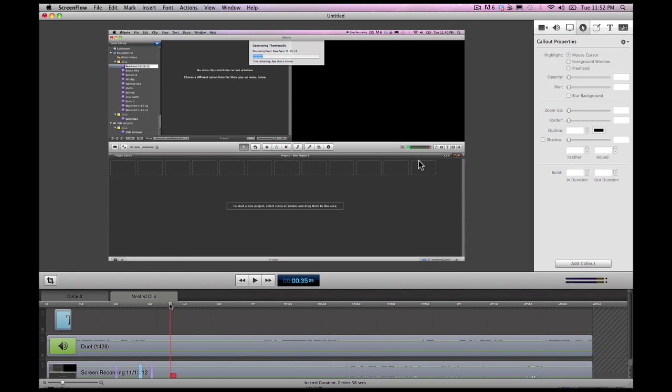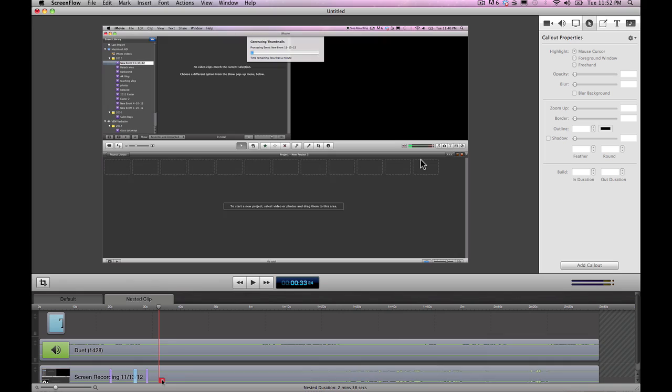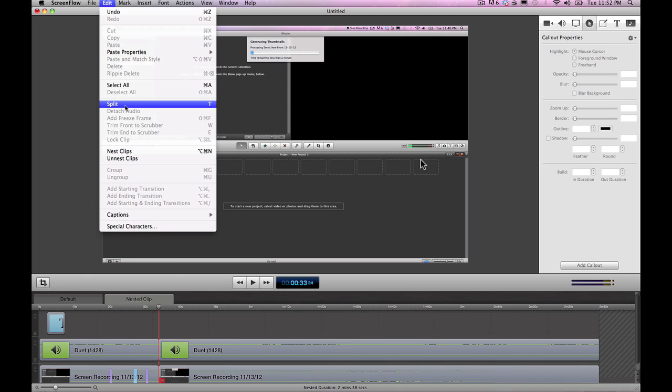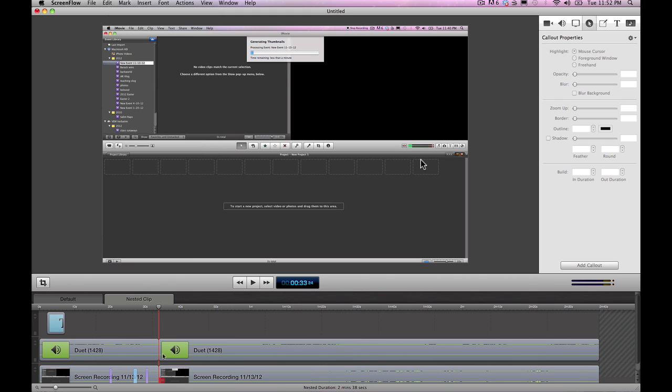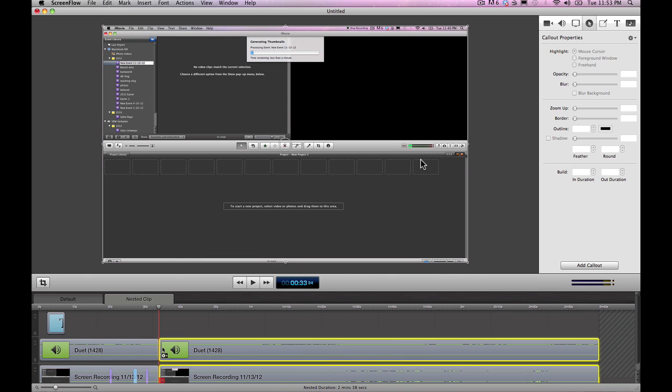All right, so in some instances, as you're doing your screen recording, you're going to want to edit out part of your video because, as you can see, it's generating the thumbnails there. It takes a little bit of time to do that. You just click on this right here. This will split the clips. If you click on the little flag here. And another way to do it is to just hit T to split the clips as well. But if you click on that, it will split all the video tracks that are on the timeline. All right, so what I'm going to do now is select both these clips, and